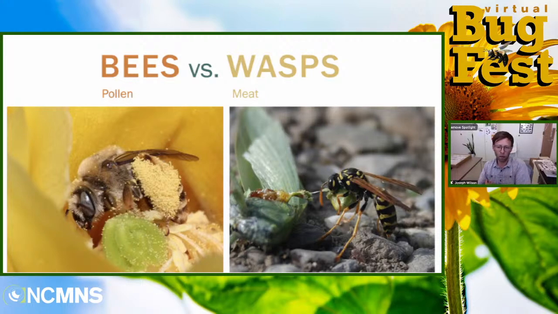And that meat includes your hamburger, includes some roadkill sometimes, but most often it is insects that they hunt and feed their babies. This is a paper wasp that has killed a katydid, and now it is taking a ball of katydid goo to feed back to its babies. So the physical differences that we see, bees are often hairy with thick legs. It's because that is an adaptation to help them collect and carry pollen. Wasps often have less hair and have spiny legs. That is an adaptation to hunt and carry their prey back to their babies. So that's a main difference between bees and wasps.